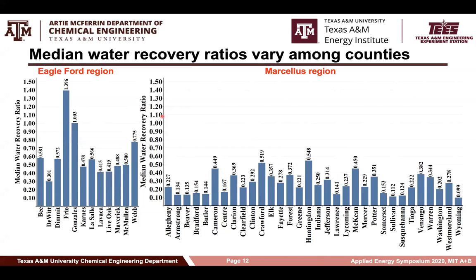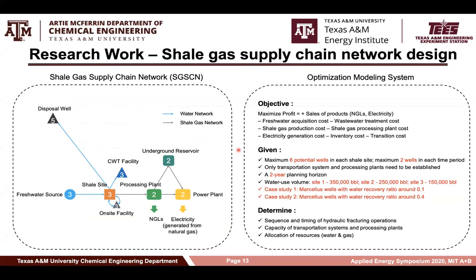Here are the calculated median water recovery ratios of the counties in the two target shale regions. By comparison, the water recovery ratios of the wells drilled in most parts of the Marcellus region are less than the ones in the Eagle Ford region. To demonstrate how the observed variation in water recovery ratio may affect shale gas development design, a shale gas supply